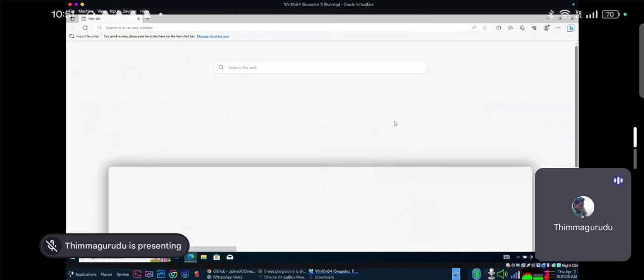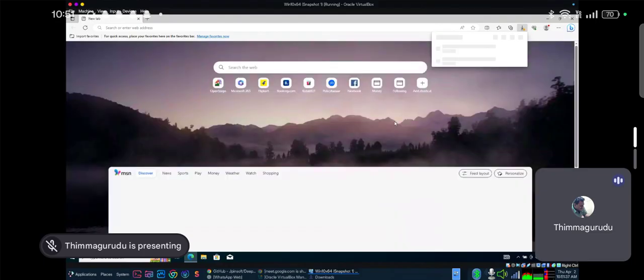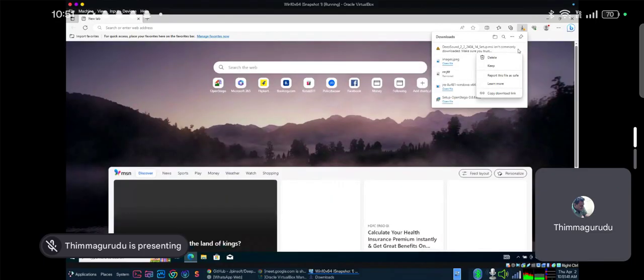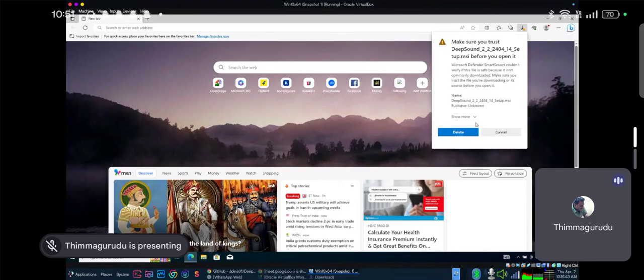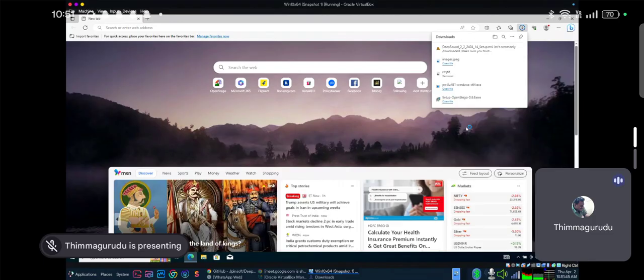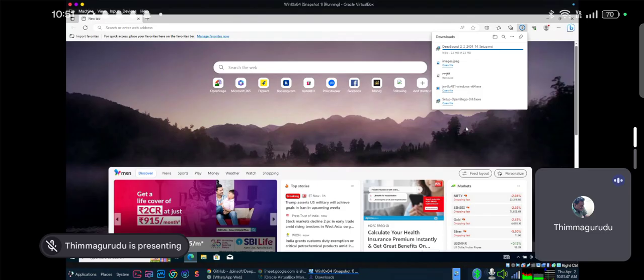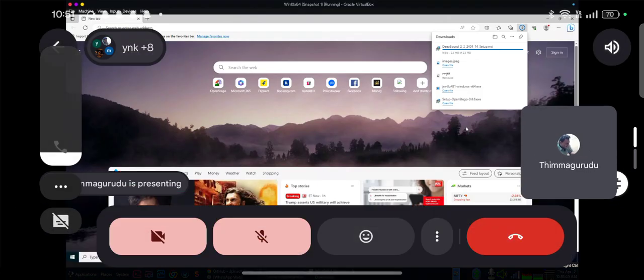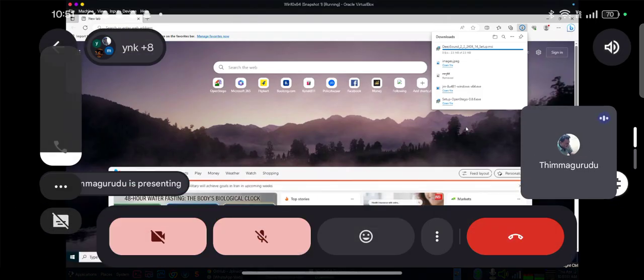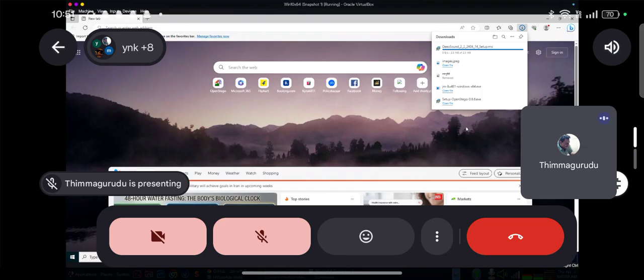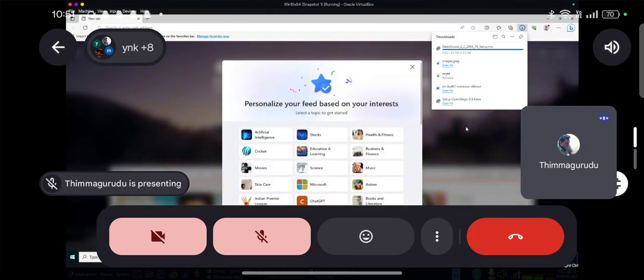Okay, so just download the file. You have to keep that file. Your system is not allowed to download the zip, as it is not from the official application. So to do that, you have to say yes. And after that,